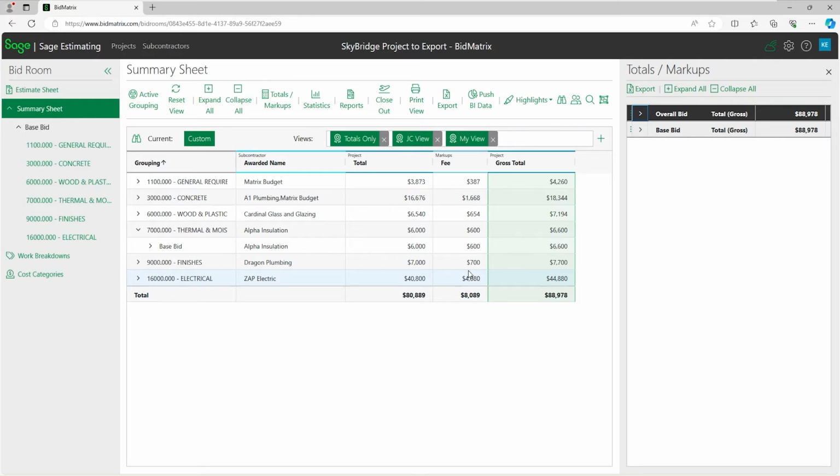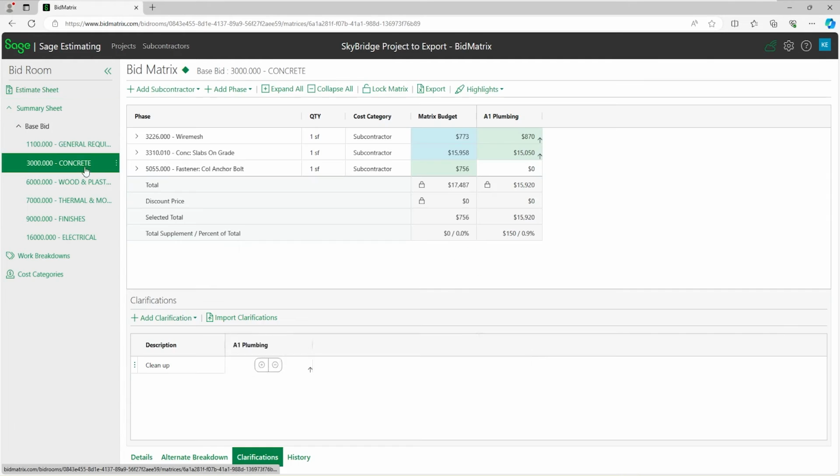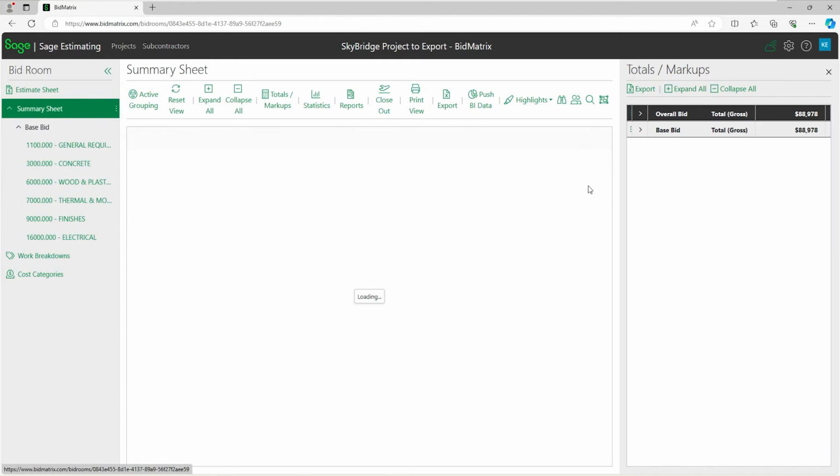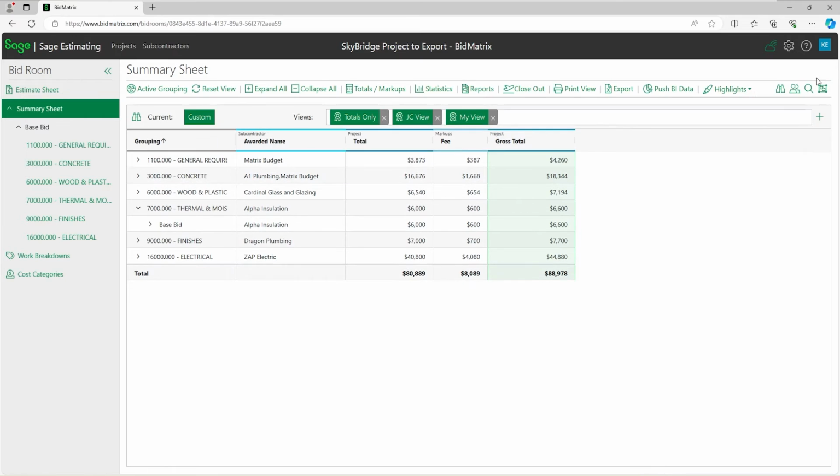This estimate was brought in from estimating to begin with. I've done the bid day on it, so that way it knows, if I take a look at one of the scopes here, it has all the different items that were in my estimate, so that way it knows how to relate all this money back into some of the line items that I had previously and so forth. That's going to be one thing I'm going to note: this is the dollar amount I expect to see. This might be something I have to add to it manually, at least with this first release of it.